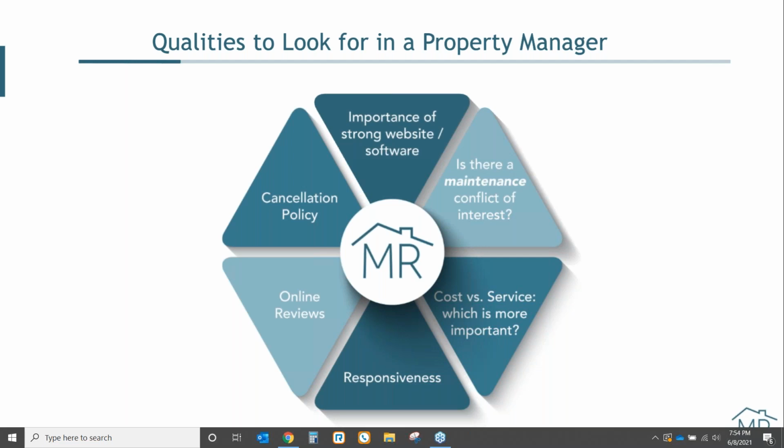Do you have the ability to log into an owner portal on their website? Does their owner portal have all of the documentation that goes along with each property? Lease agreements, move-in inspections, annual inspections, estimates and invoices for repairs, HOA correspondence. Are you being provided all of these documents? So Marshall Reddick